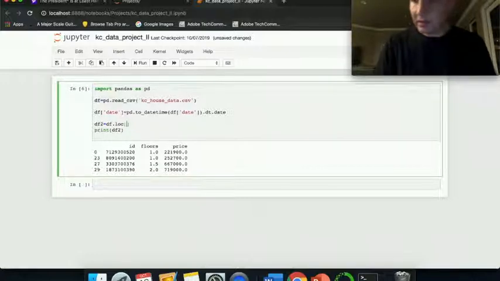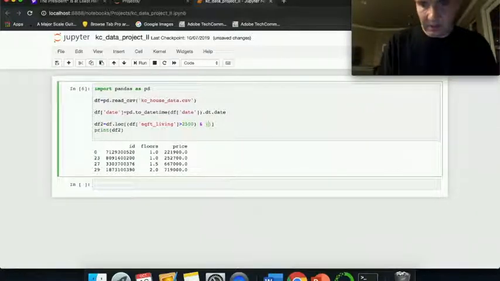So you can say df square brackets foot_living, and after that one bracket you can put greater than 2500 and you can put the ampersand for and